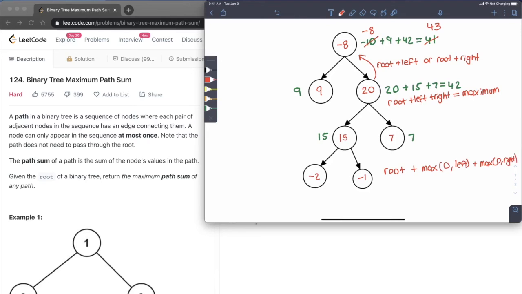Squeeze that in there. Great. So now this gives us the option of not taking the left if it's going to decrease our path sum, and not taking the right if it's going to decrease our path sum. And then finally, what we want to pass back upwards to 20 so it can calculate its maximum path sum is then only either